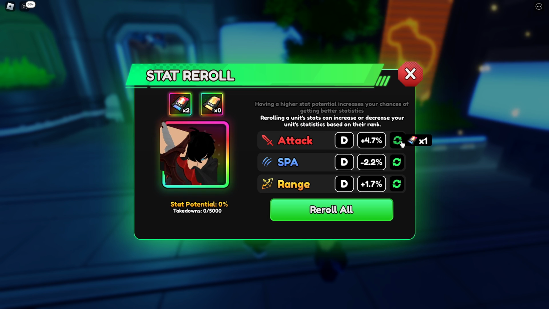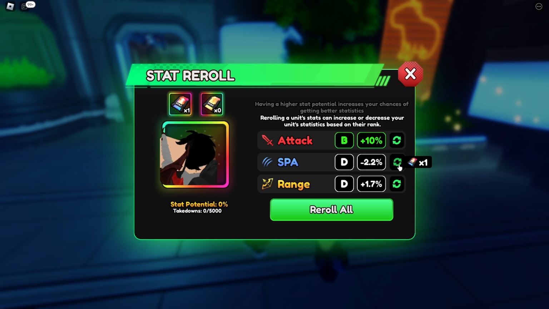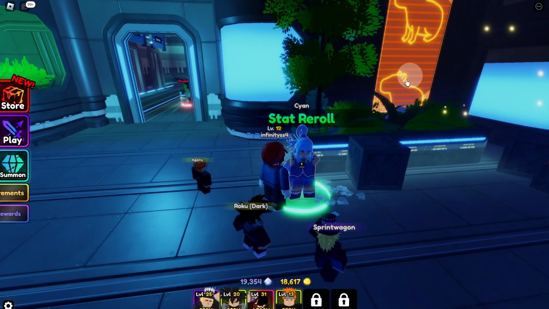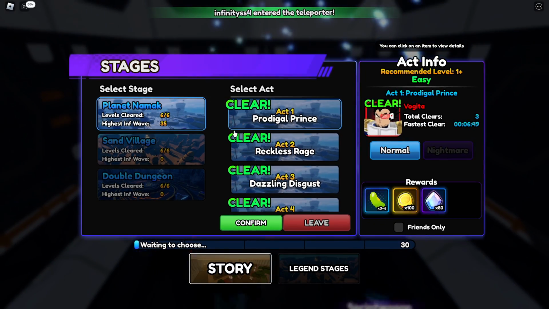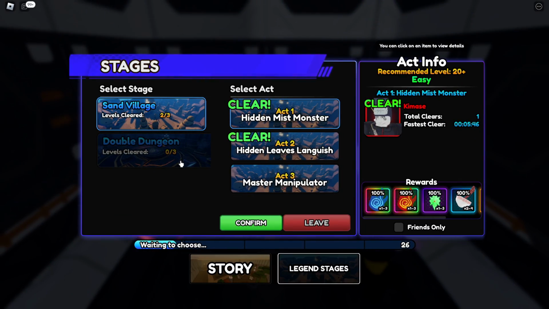So let's see. Can I get maybe C? All right, B on attack. That's awesome. What about speed? B as well. Awesome, awesome, awesome. You love to see that. Now, hopefully this should be more than enough for us to finally defeat the legend stages,